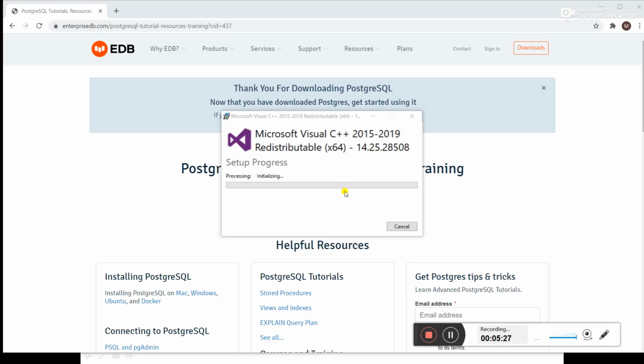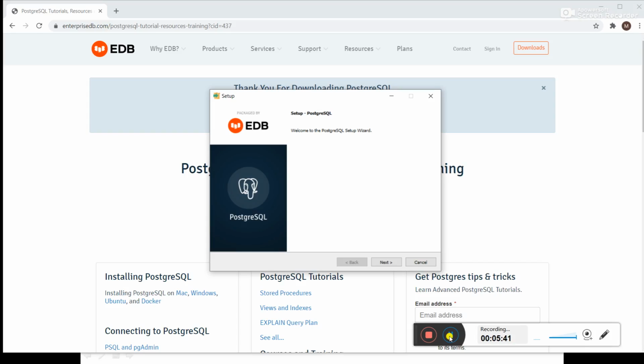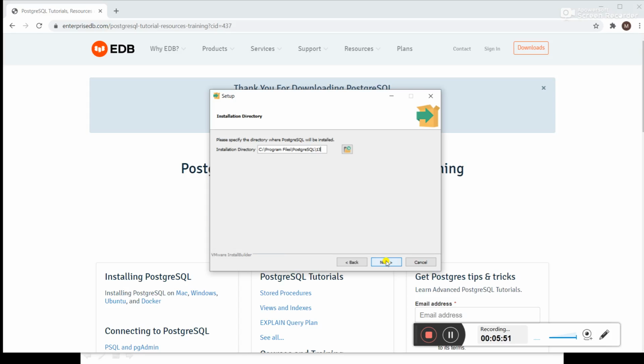We need to wait till the installation, or till the initialization process is complete. Once the installation is completed, it will open this page for setup. So you just need to click on next. It will ask you for the location where you want to install this. So you can select your default drive or you can change it from here.